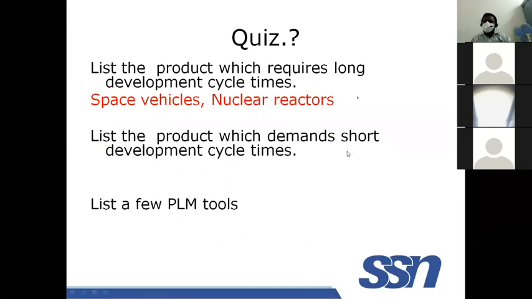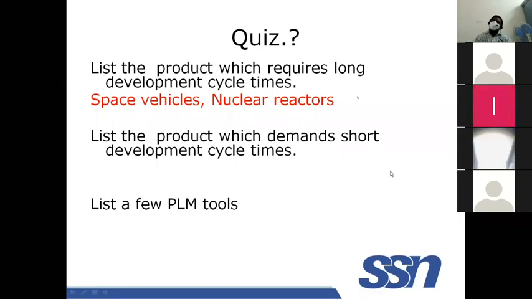I don't understand what is B mobiles. What is B mobiles? Lokesh? Lokesh V, please unmute and give the answer. I don't get this word. B mobiles. Sir, for short development cycle. Oh, this is for short development. Okay. So the question is for a longer development cycle. Okay, thank you for your response. You can mute now.